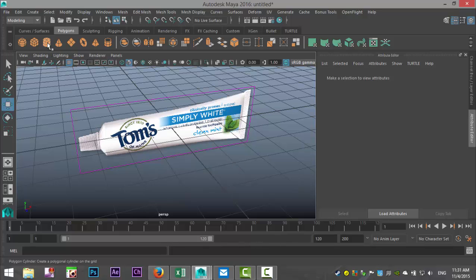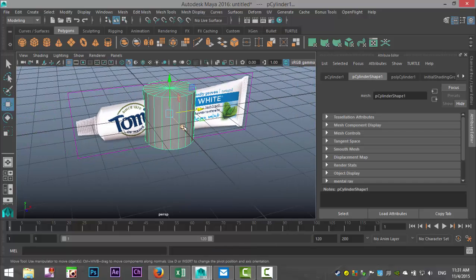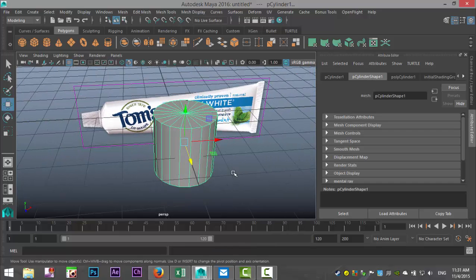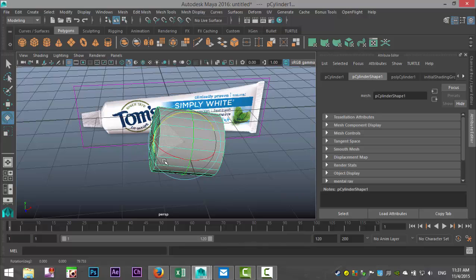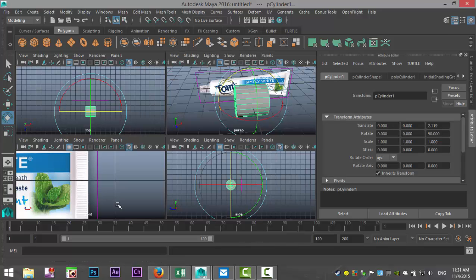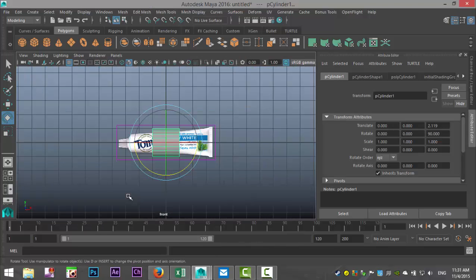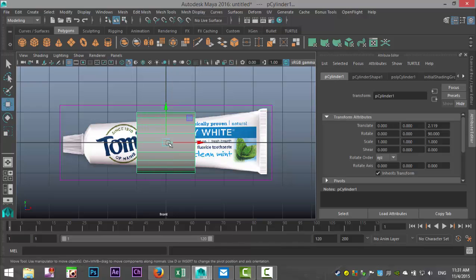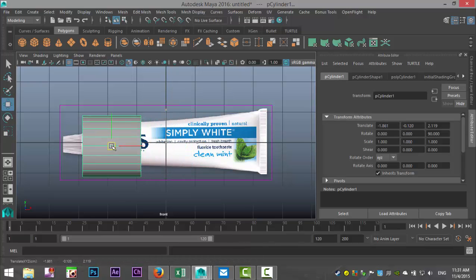Okay, so we're going to take a cylinder, pull it out, hit E, and rotate that over to 90 degrees. And then we're going to switch to our front view right here. We're going to hit W, move it over here. We are going to turn on our X-ray right there.